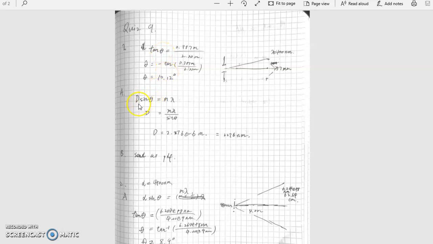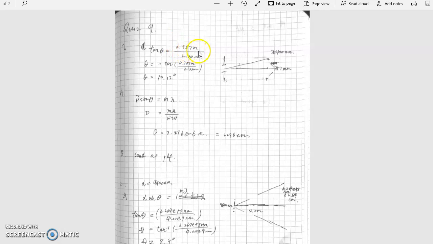The reason why we need the angle is that to find the width of the slit, not distance of slit, width of slit, we need to use this equation. We know m, we know lambda, and we're trying to find d, but we don't know theta. So we can find theta by looking at this using Pythagoras. So tangent theta is equal to opposite over adjacent, which would be